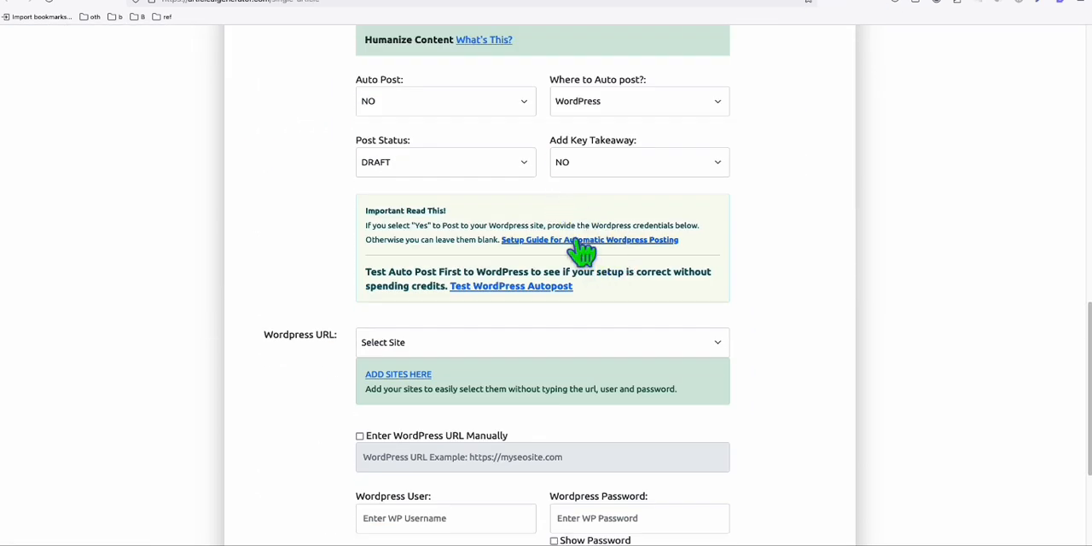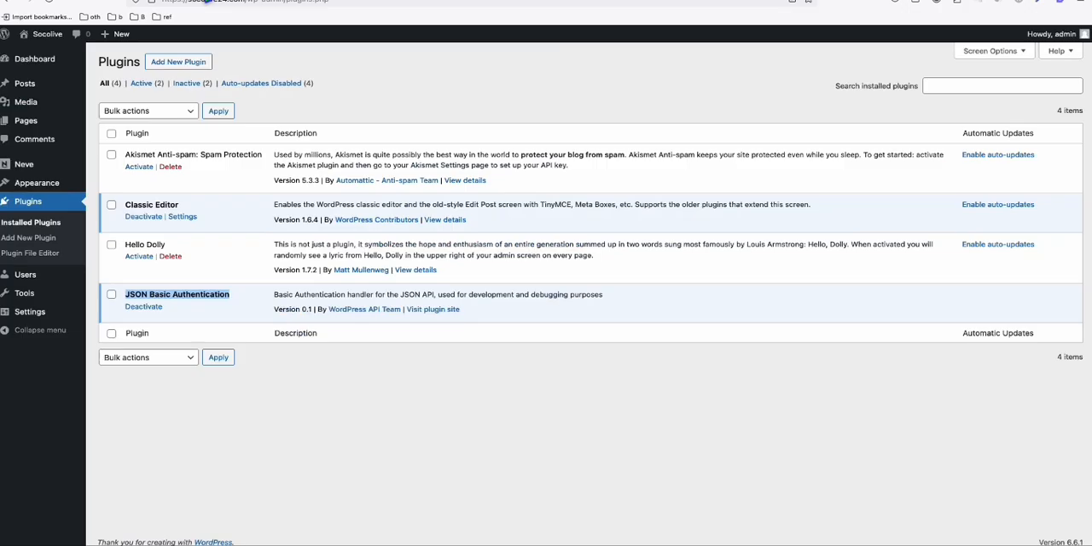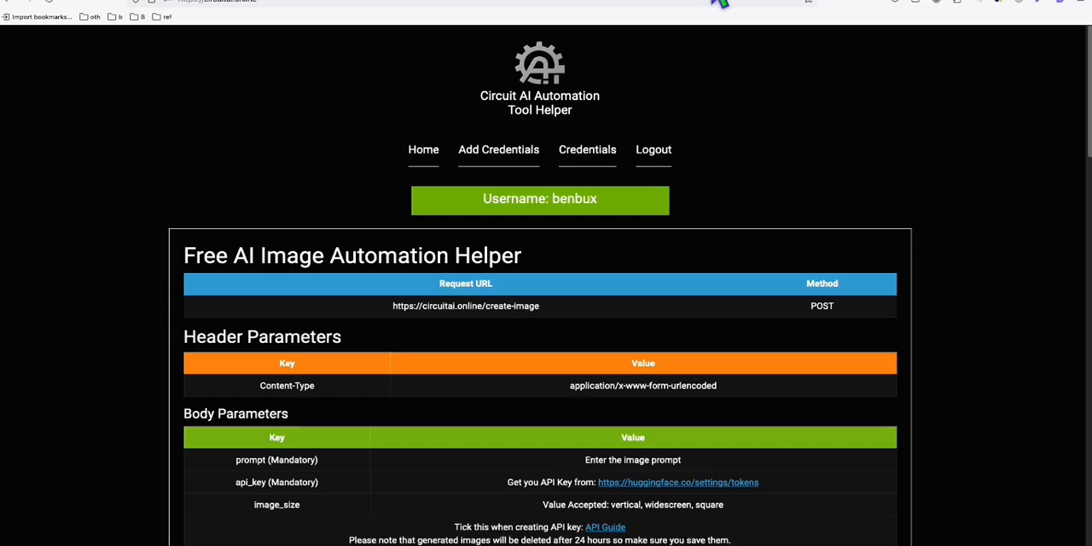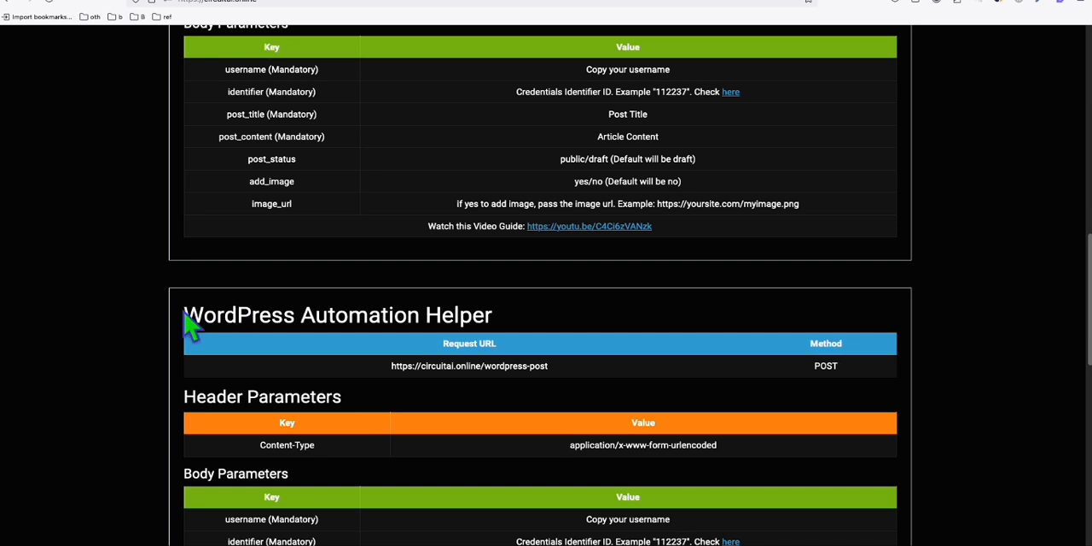You will see the link right there to download that plugin, the setup guide for automatic WordPress posting. Then install that plugin using Add New Plugin and upload the zip, and you will be able to have this plugin right there. Once your plugin is there, you will be able to use this WordPress automation helper, which you can easily use to